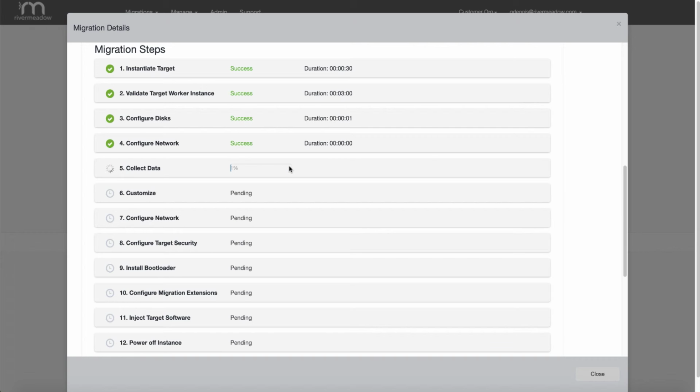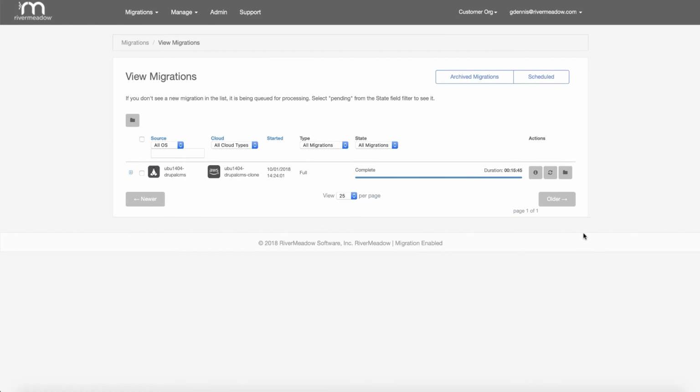For the sake of brevity and sanity, we've sped this up a little. However, it's worth noting that the durations that you see on screen are the actual durations, and therefore represent real timescales for the migration. So we can now go back to the migration screen and see that the migration is